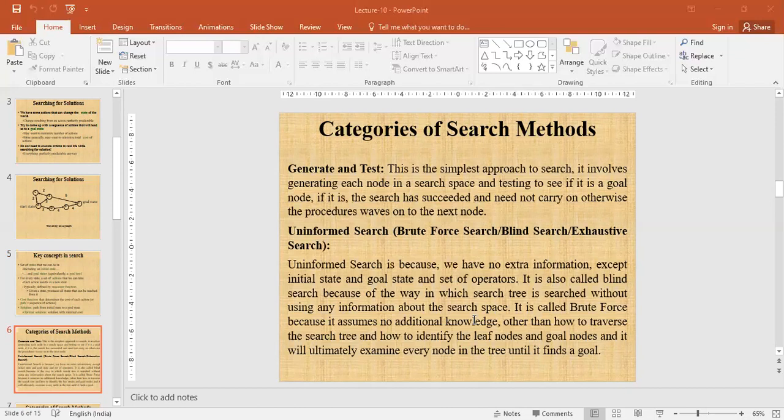It is also called blind search because of the way in which the search tree is searched, without any information about the search space like initial state, operators and test for the goals.